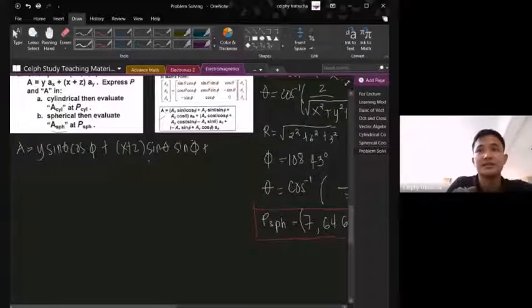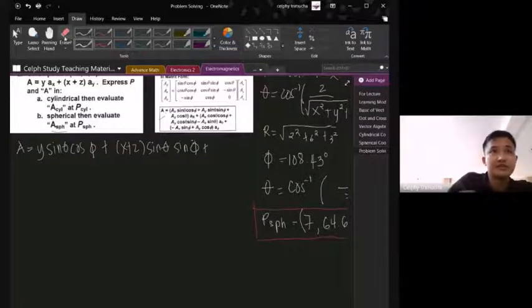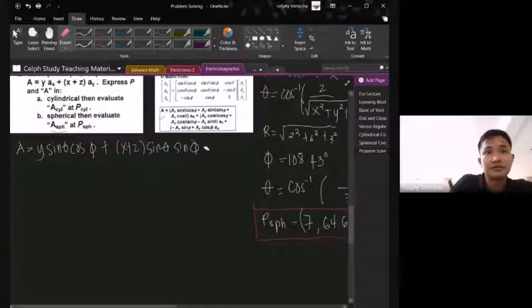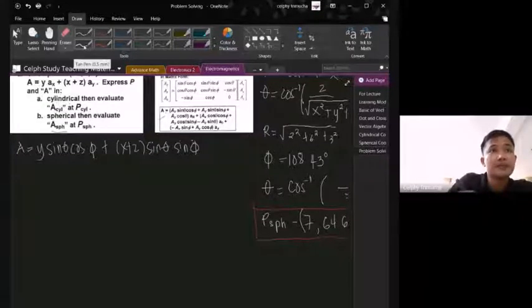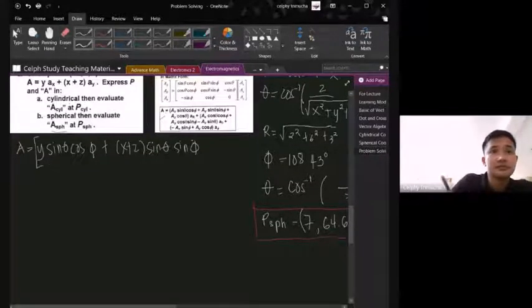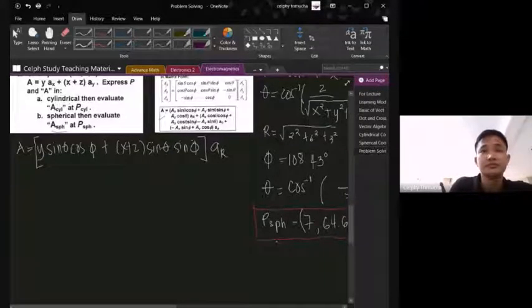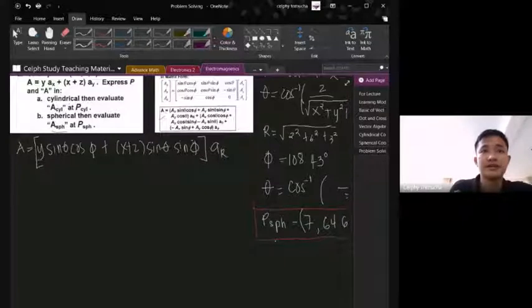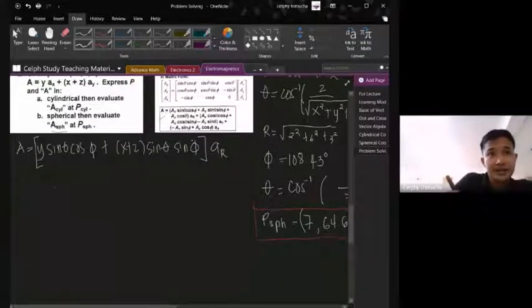So wala man kita AZ. So okay, so this will be A R plus z, sine theta. Okay, so next, for dari na to sa dalom, we will have